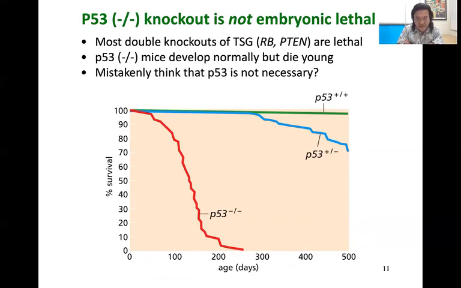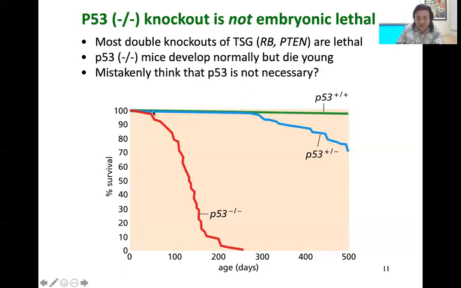So that already separates it from how other important, powerful tumor suppressor genes work. Because if you have double knockouts of TSGs like RB or PTEN, those are embryonically lethal, right? A developing embryo, whether a mouse or, presumably, a human, that has lost both copies of RB or PTEN at the beginning of embryonic development, it's not going to work, right? I mean, that embryo is not going to make it to term. But yet, you could have double knockouts of p53 in mice, and they actually develop normally into baby mice, and they're born. But they die on the younger side.